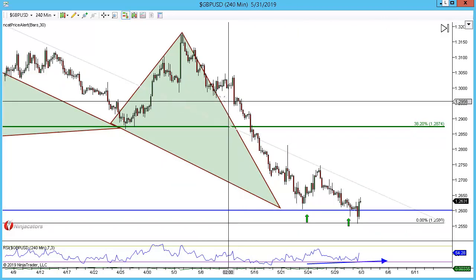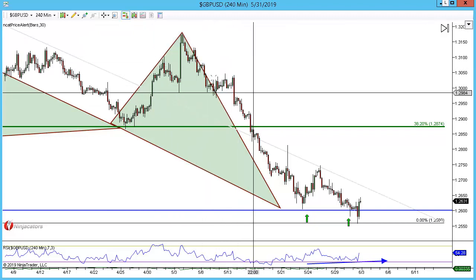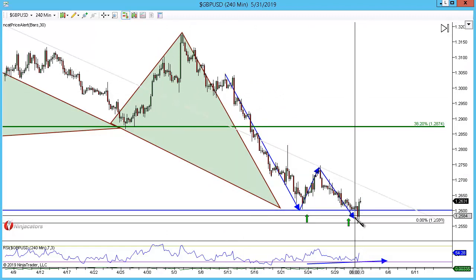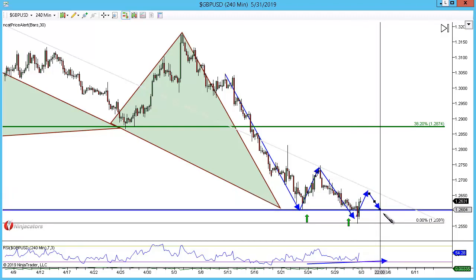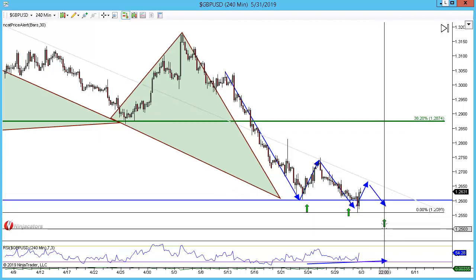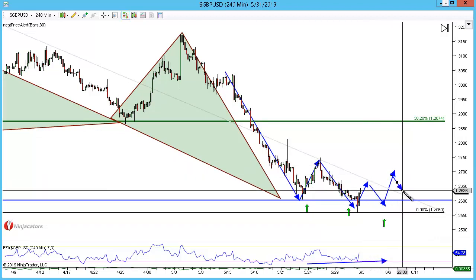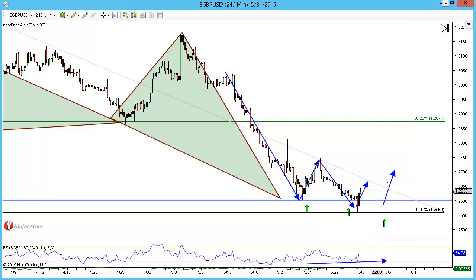So we have a clear swing in the market. I may even take the swing from here. We saw a clear rally, a pullback, a move lower. I would look for the market to either come up to this point, double bottom. I would then wait for a confirmed violation of the V point just here and look for a 26.18 where you buy that 61.8 fib up, or I would wait